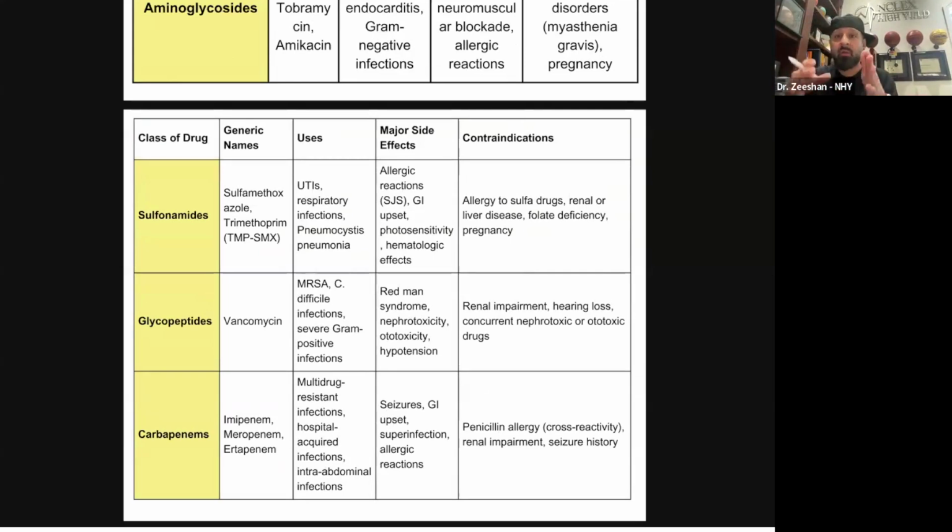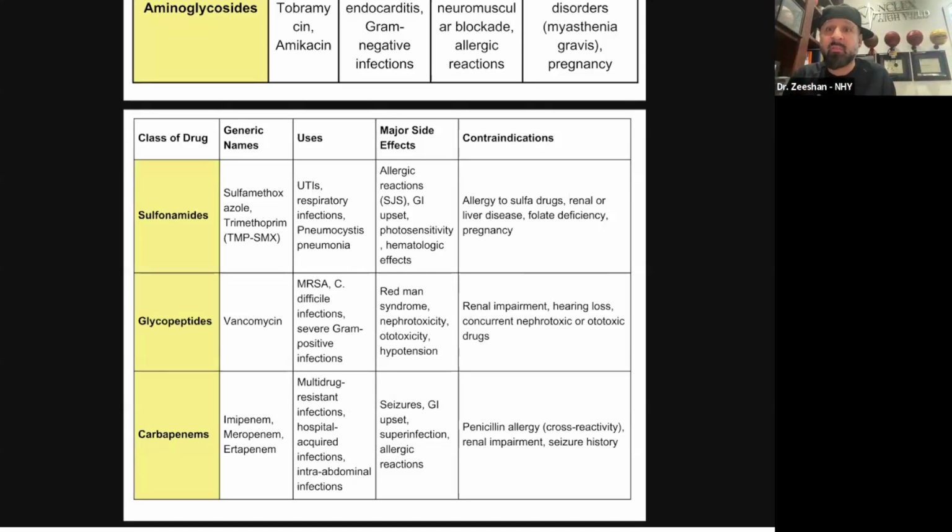Now, the thing about sulfa drugs, a couple of things that we need to know. So photosensitivity, big time. But with sulfa drugs, now this is an antibiotic that's a sulfa base. We have other drugs that are sulfa based too. Think about loop diuretics. Think about thiazides, right? Those are sulfa drugs. Think about sulfasalazine. We talk about that in GI when we talk about inflammatory bowel disease. So there are other drugs that have a sulfa base to it that are in different aspects of medicine.